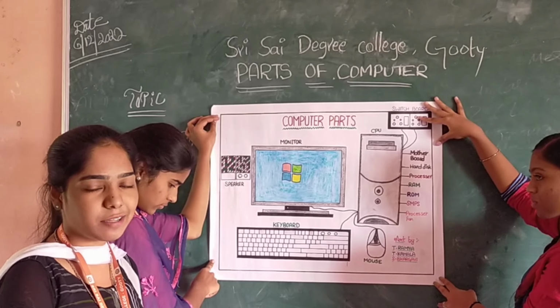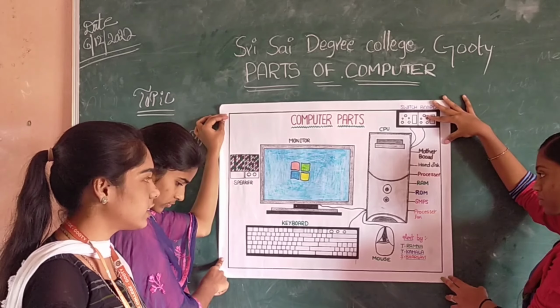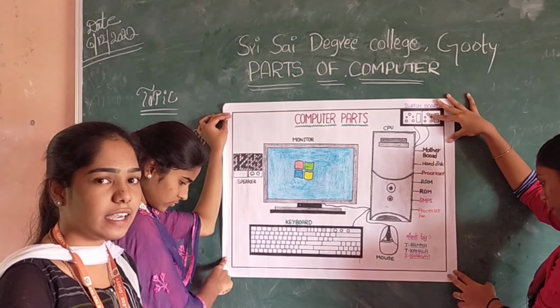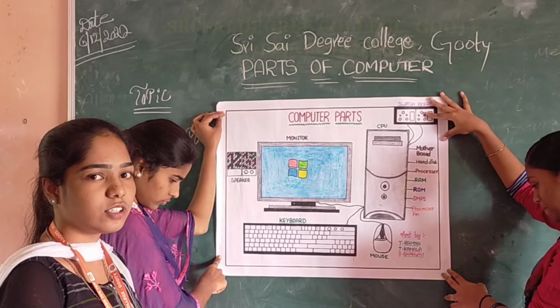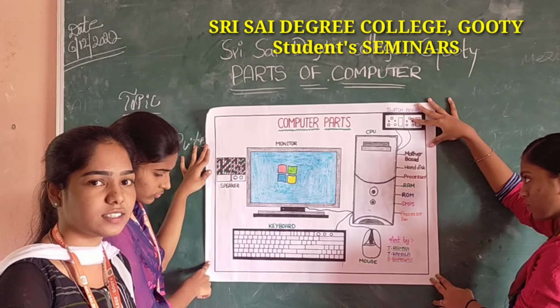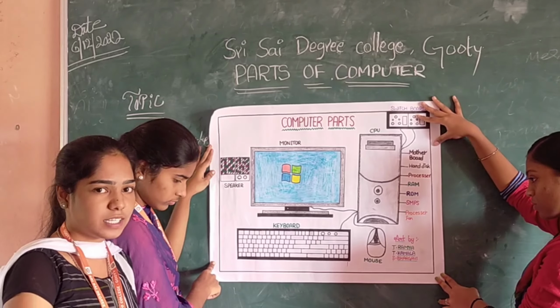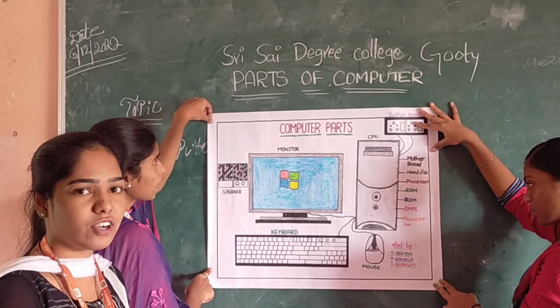LED means light emitting diode. It has more advantages, with low brightness and good color. There are so many advantages of LED, including eye protection. Many children use this monitor because of these advantages.